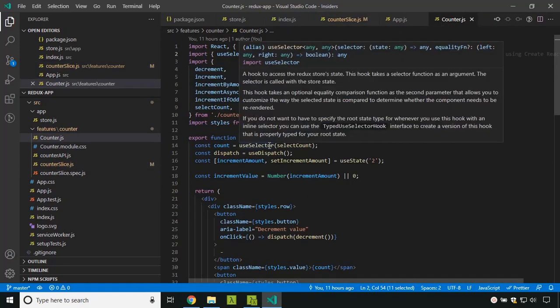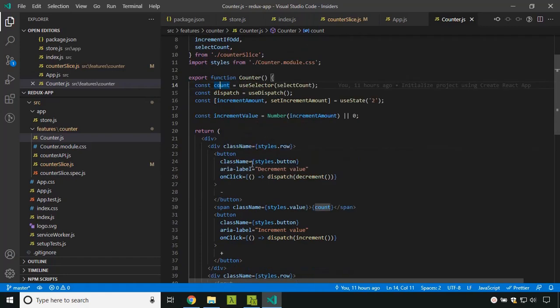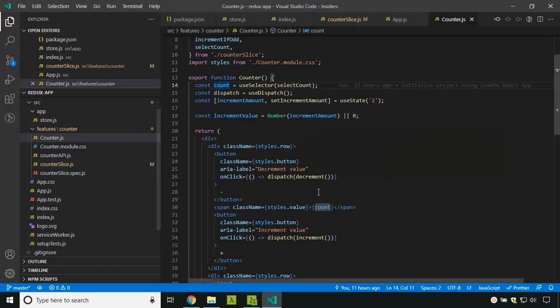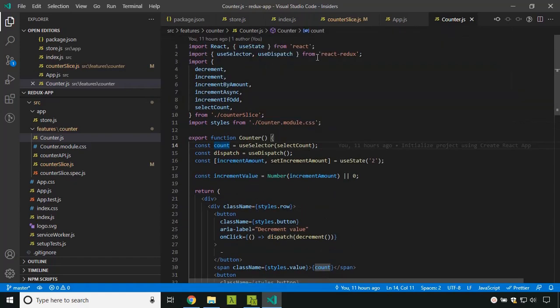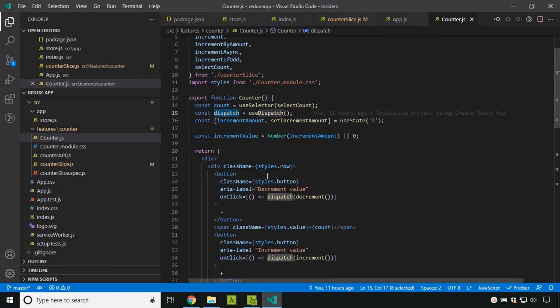Once we pass it to useSelector, we will get that particular key. The key is counter.value. So we got the count and we will be displaying that count here in our counter.js. Another function is useDispatch, which we also take from the React Redux library, and we assign it to a dispatch constant.